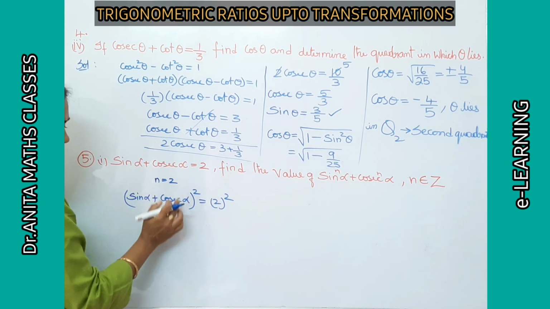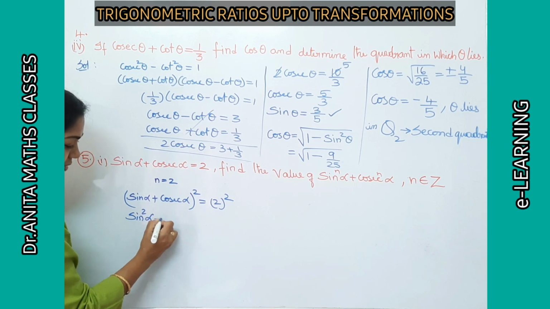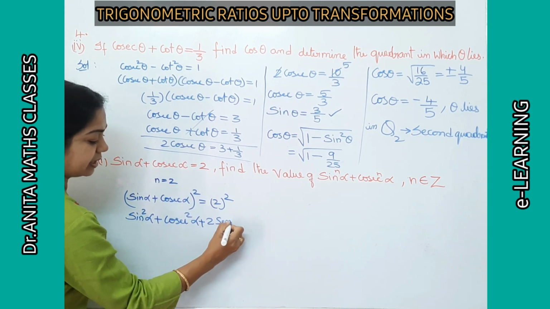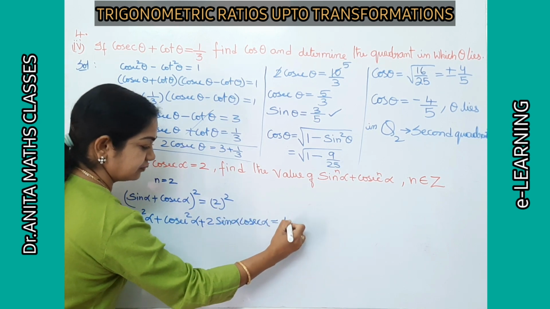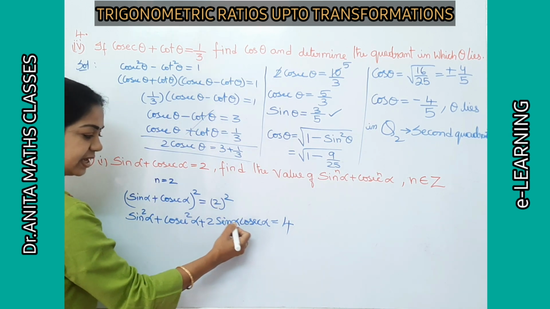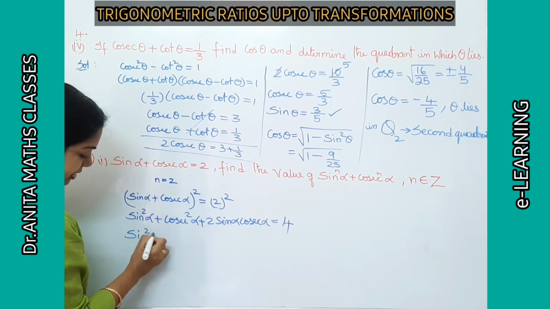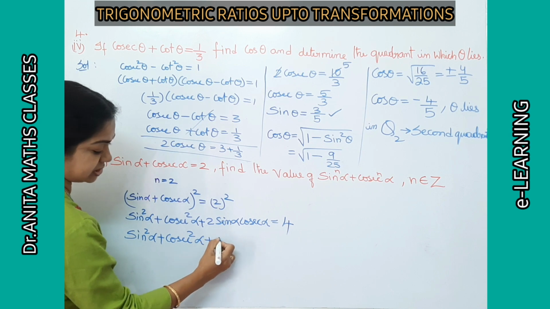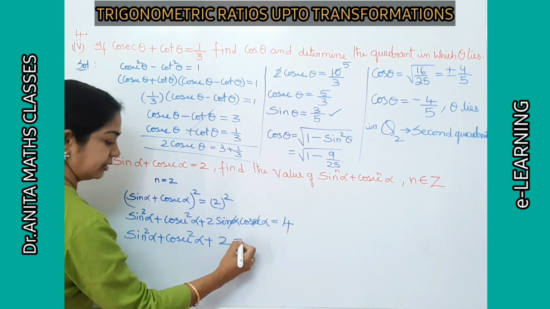Taking this, I am squaring both sides. That is a plus b whole square. So this comes to sine square alpha plus cosecant square alpha plus 2 sine alpha and cosecant alpha. On the right hand side it is 4. Now sine and cosecant are multiplicative inverses. We can cancel off sine, 1 by sine. So this goes off. So we get sine square alpha plus cosecant square alpha plus just 2, because these two go off, equals 4.